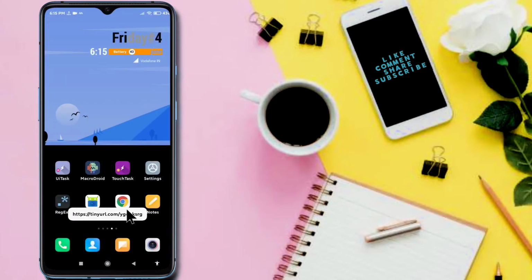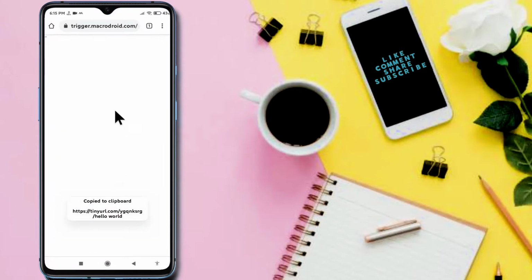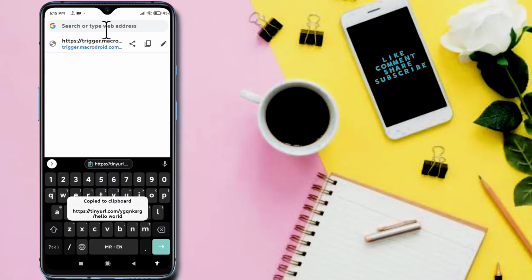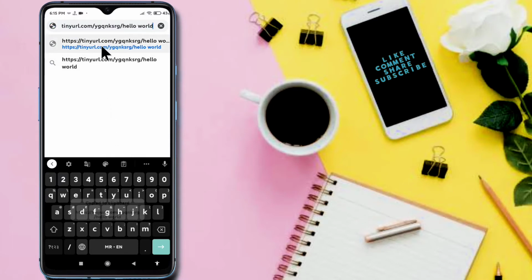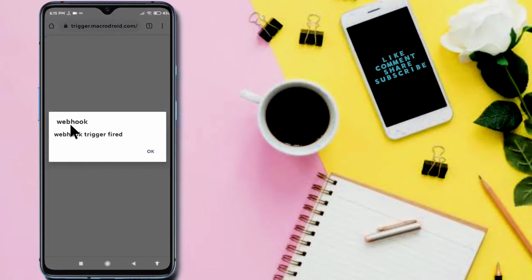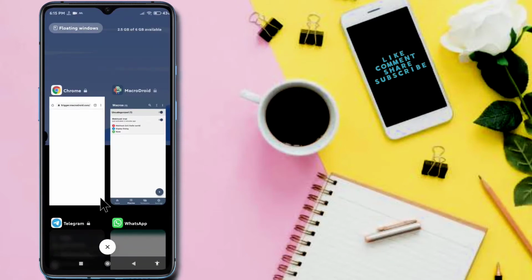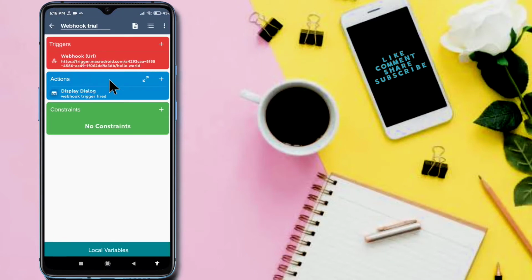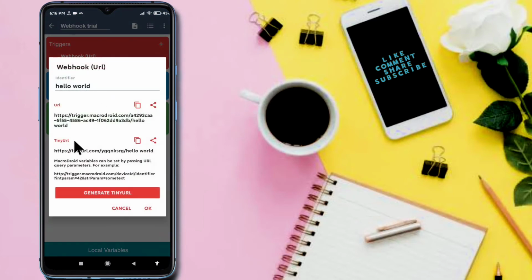Now go to browser. Now pasting the URL. This is my tiny URL. So clicking OK. Now look, webhook trigger fired. It means the webhook trigger will fire using a big URL or a tiny URL, both.